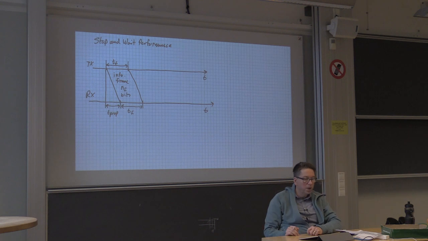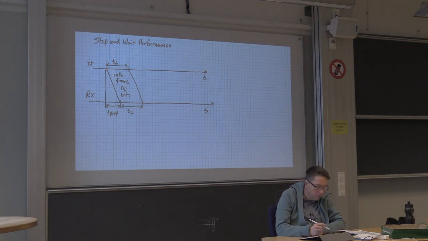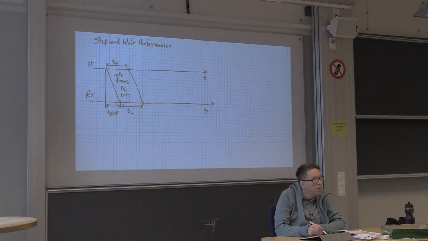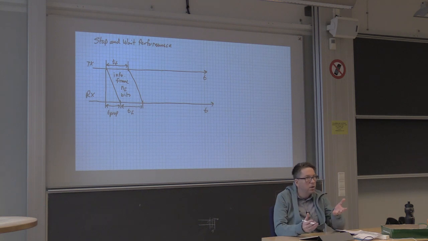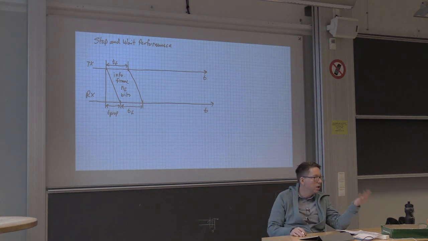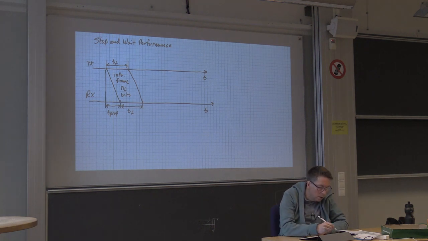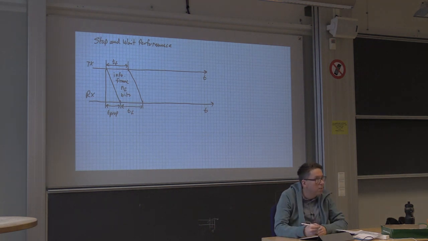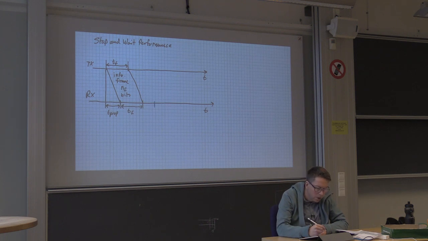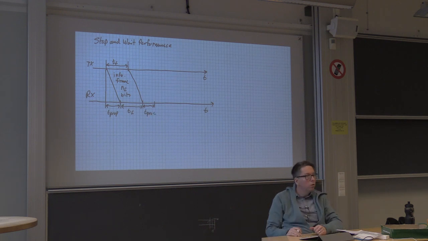So what happens now is that at this point in time, the receiver has received a complete frame. What does the receiver do then? Well, it looks at the check bits and sees whether an error has occurred or not. So let's assume that no error has occurred. But to check the CRC and make these decisions, it takes a little bit of time. So there is some processing time here until we have completed the task of checking for errors. Let's call this T-pros. So suppose there are no errors.